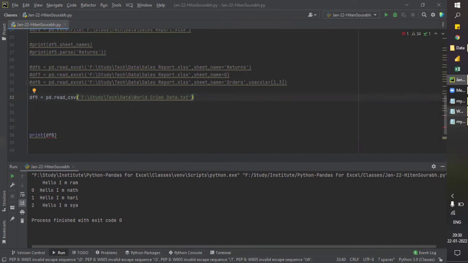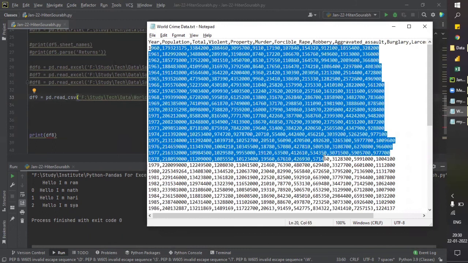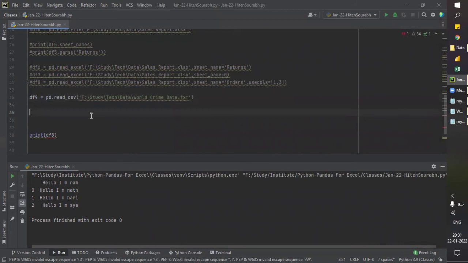Now, if you see this, it is arranged as per year, then comma, then population, comma, and all the data has been arranged like this. So the delimiter, the separating element in this file, is comma. A delimiter is basically the element or character used to separate two elements.